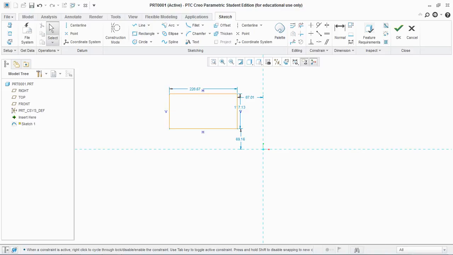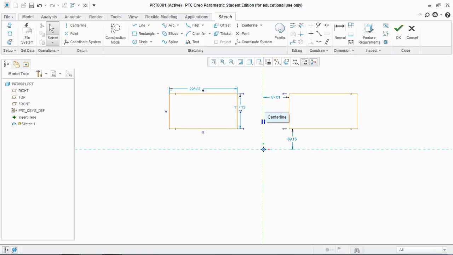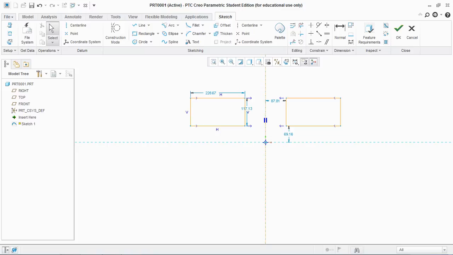and I need to mirror this about this line. So make sure that for mirror purposes you need to create a center line. So you have created this line and escape. Now you select the created rectangle and now you go to mirror and select the center line. You see the rectangle of same dimension at the same distance from the center line is created.